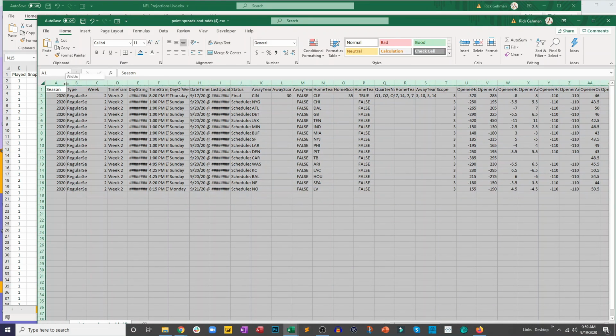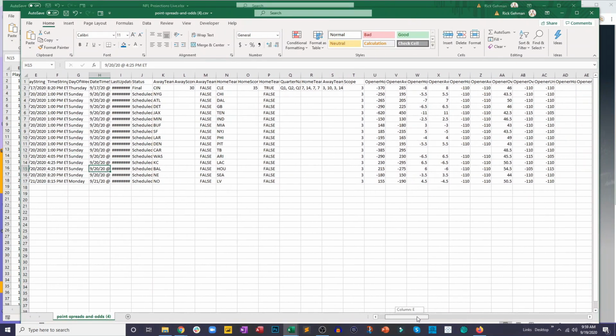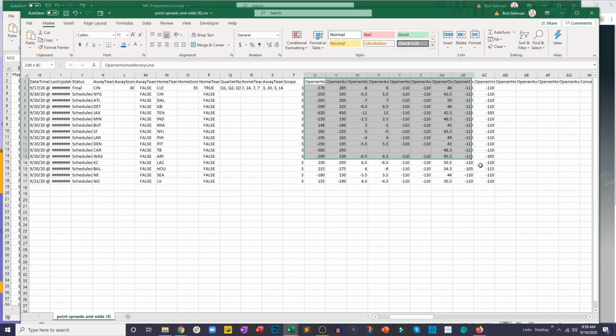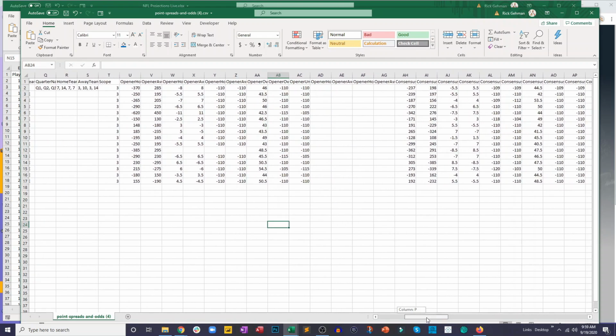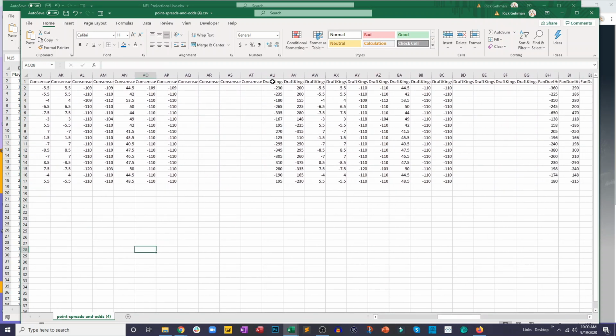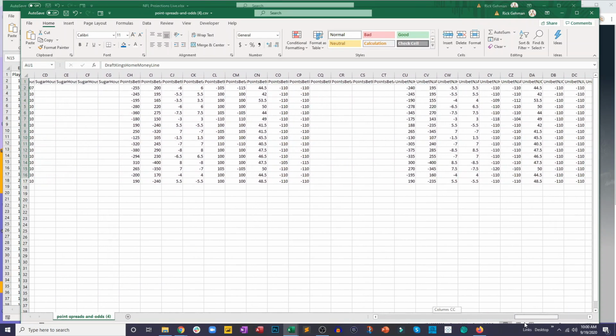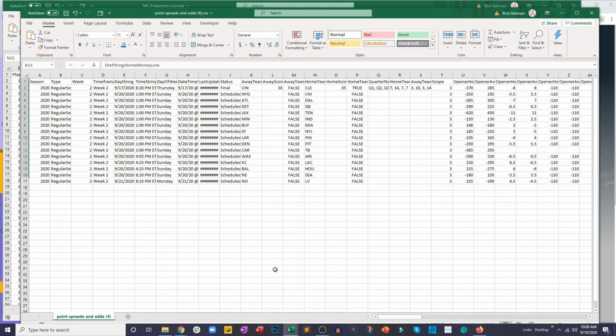And you'll see there is not only the opening information, which is right here, what everything opened at, but you also have your consensus data, which is what we are going to use. But if you really wanted to, you could just use the DraftKings odds, the FanDuel odds. What else do we have here? Sugar House, PointsBet, Unibet. I mean, there's so much here. Now, even if I'm not using 95% of this, I don't want to